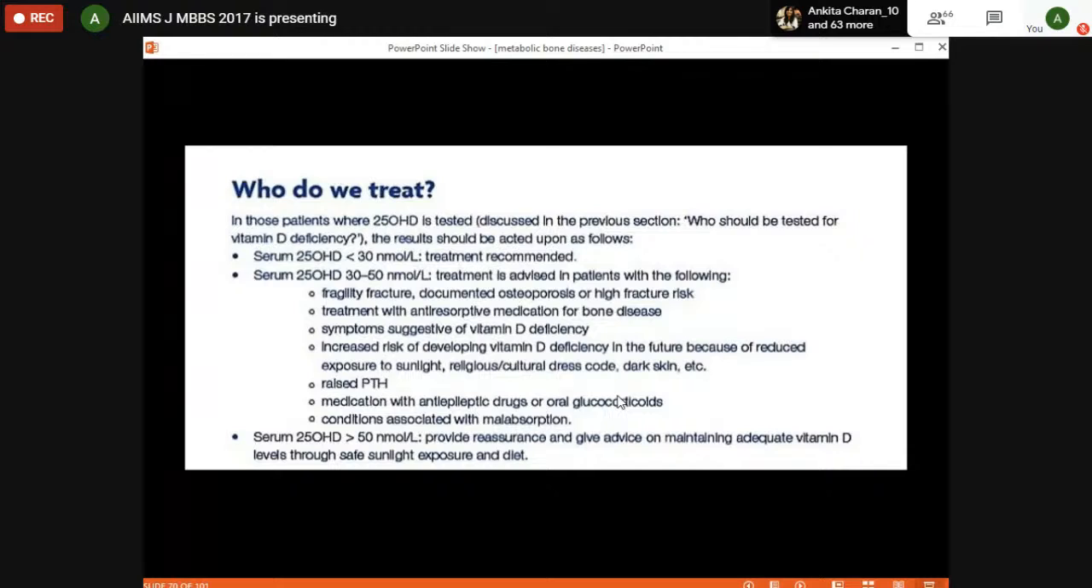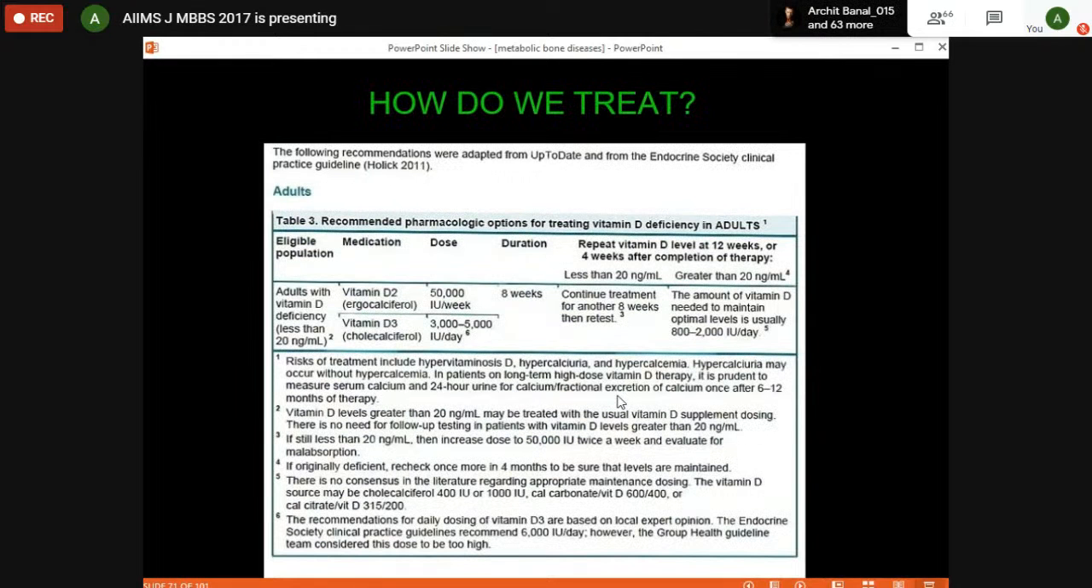And if the serum 25-hydroxy level is greater than 50 nanomole per liter, provide reassurance and give advice on maintaining adequate vitamin D levels through safe sunlight exposure and diet. What are the doses? The following are the recommendations to treat vitamin D deficiency. So if someone is having